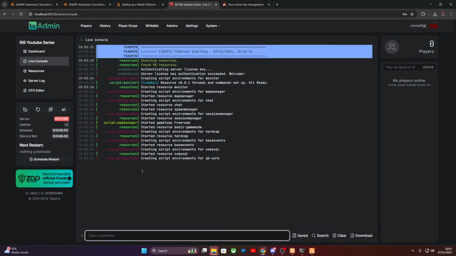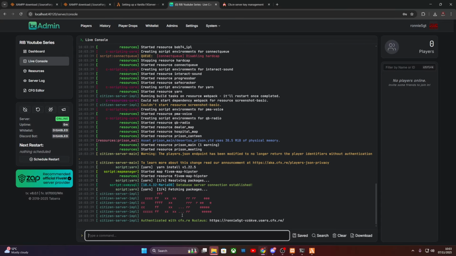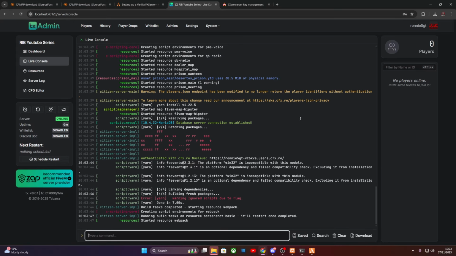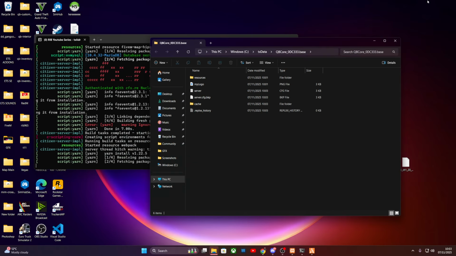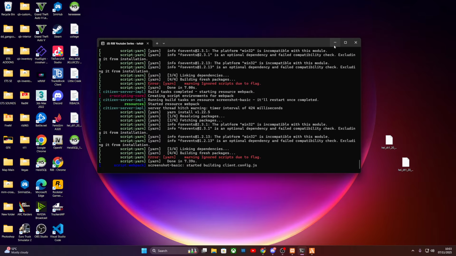You'll see it loading all the resources like so. So now it's started. We should be able to join the server. Let's just finish doing this. Right, so we can minimize this. And if I go to, so there it is on the actual dev console itself. If I go to my FiveM,